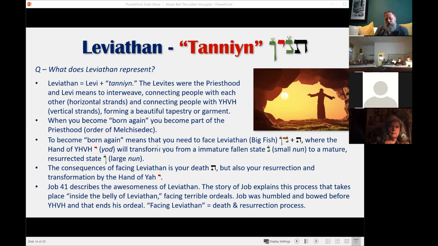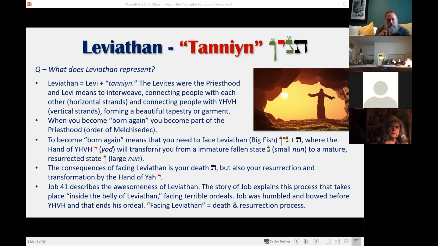And when you interweave those two processes, you get this beautiful tapestry or picture that represents the fellowship of people facilitated by the priesthood. So we not only become reborn, we become priesthood that facilitates the process of bringing people together, which is the collective kaf, into the house, connecting them horizontally to Yahweh, which is that elevated nun, that large nun, into maturity.